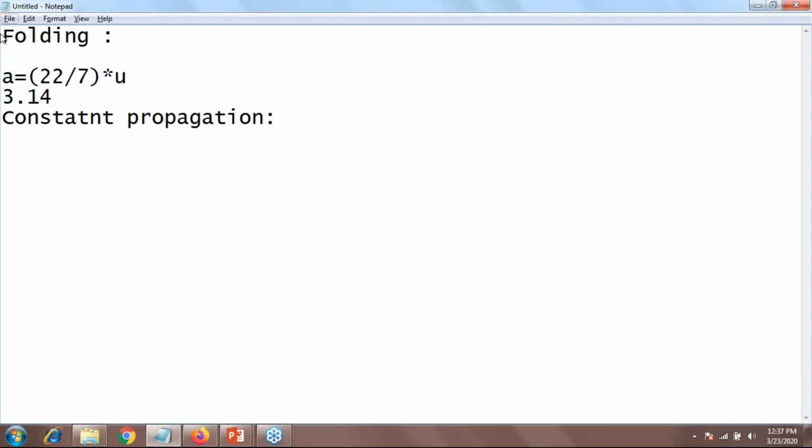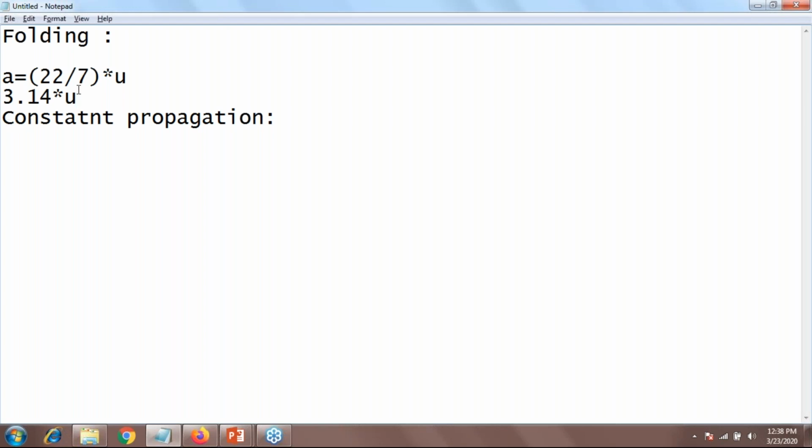Why? Because when our compiler uses the folding methodology, at that time the compiler can directly divide 22/7 and replace it with 3.14, and your running process will be easily started.